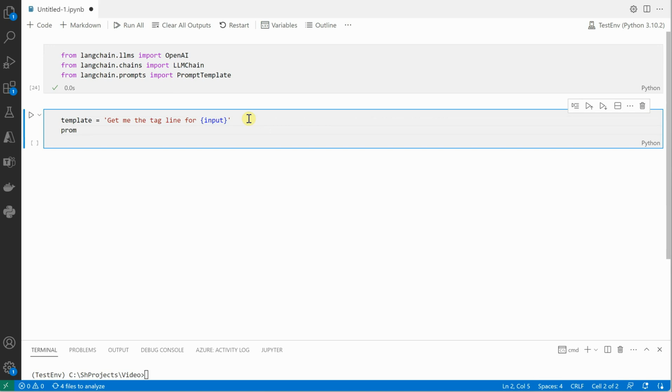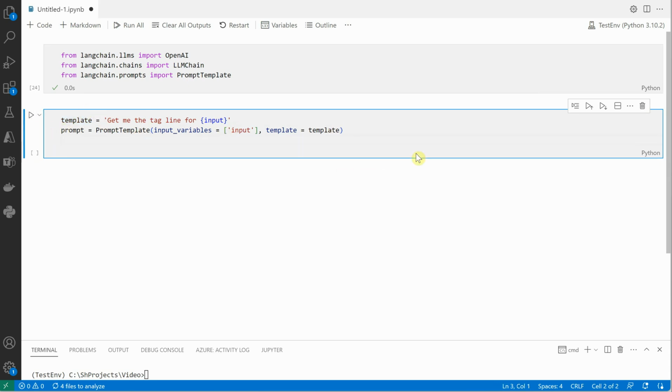Next thing is we need to initialize the prompt template. So let's go ahead and instantiate it first. PromptTemplate is going to take two parameters. The very first one is input_variables, which is a list, and in our case this is our input variable. You can rename it to anything you want, but I am giving input, so the same thing I need to put over here. Then the next thing is the template, which is the variable representing the template that we defined in the above line. Okay, once this is done,